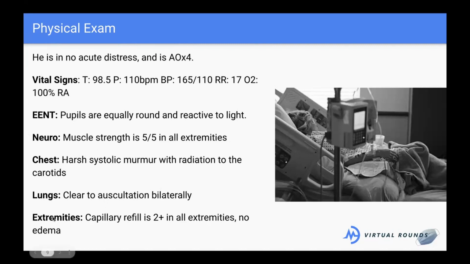He's got good genes. And in his extremities, capillary refill, meaning if you were to press on your finger right now, press it tightly and let it go, you should see it turn white and then get color back into it. In normal people, that should happen in less than 2 seconds. So if it takes 5 seconds to regain color in your finger after you squeeze it, that's a delayed capillary refill. What do you think that might imply about their body? Why would a slow capillary refill be important for us to know?